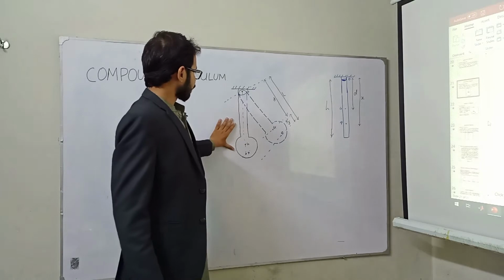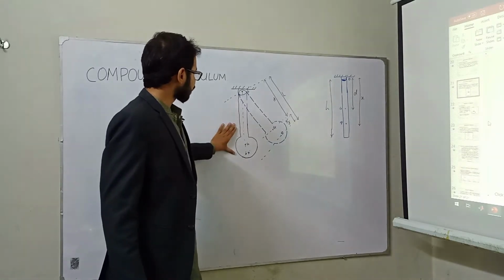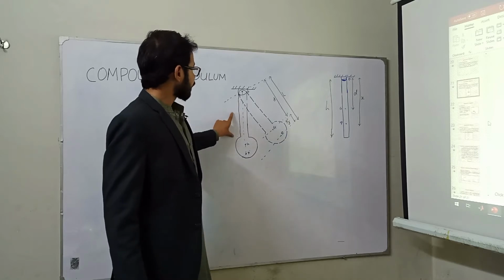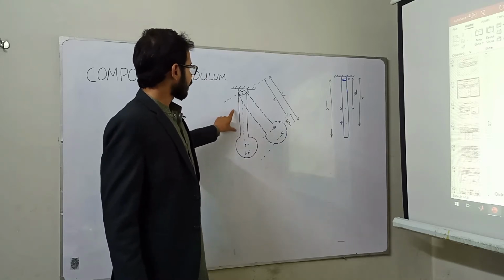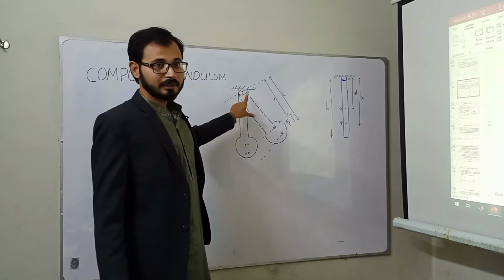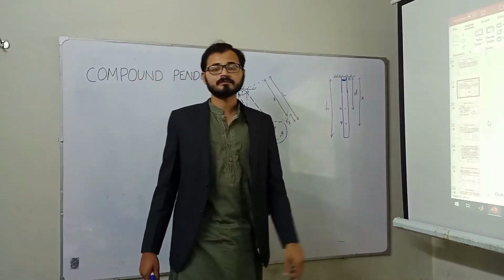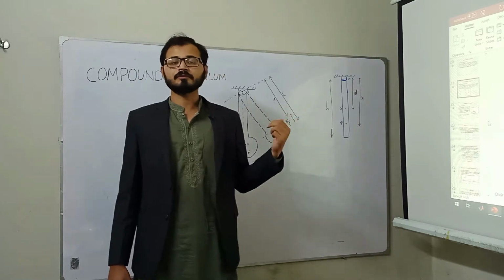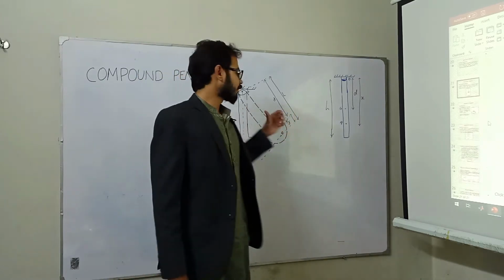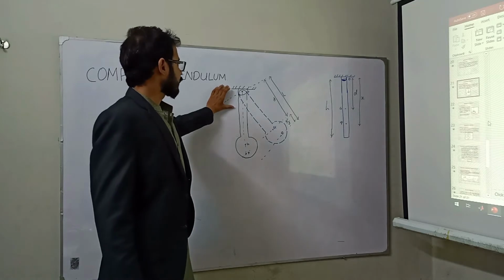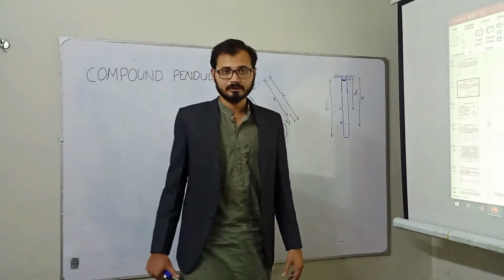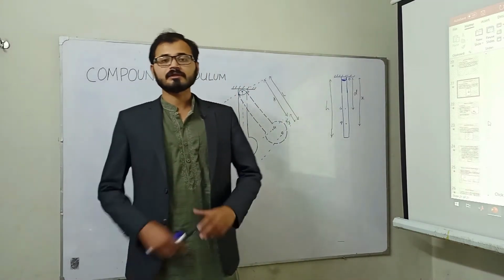But in this case, instead of mounting the body from a pivot point outside it, for example, here we have an irregularly shaped body, and this body is now hung from a pivot point that lies within the rigid body. In the previous case, the pivot point was outside the rigid body, but in this case, the body will be hung from a pivot point that lies within the rigid body. So this is one of the cases.